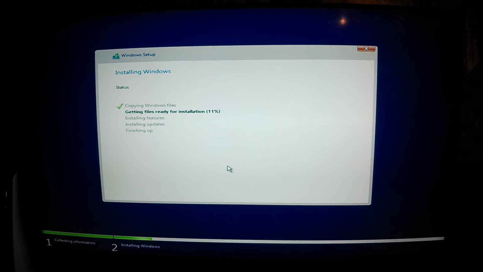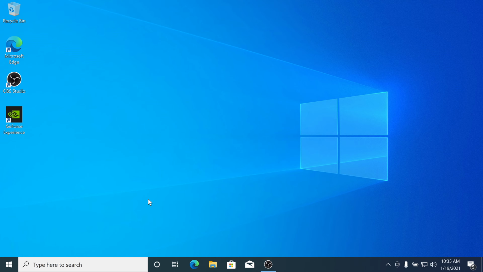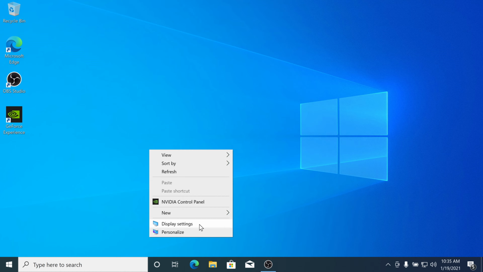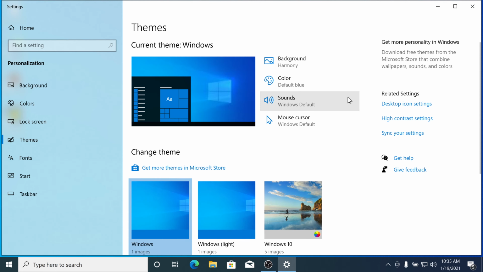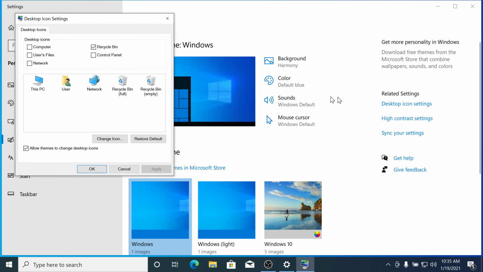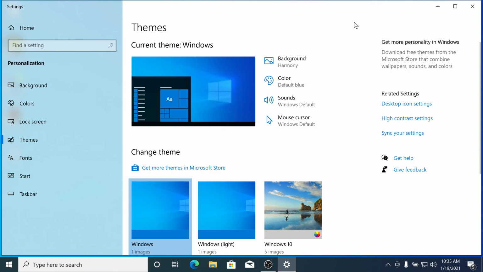Now I will skip ahead. Okay, and it's done. Now if you want to put my computer on desktop, go to personalize, themes, desktop icon settings here on the right, and check computer, then apply and OK.